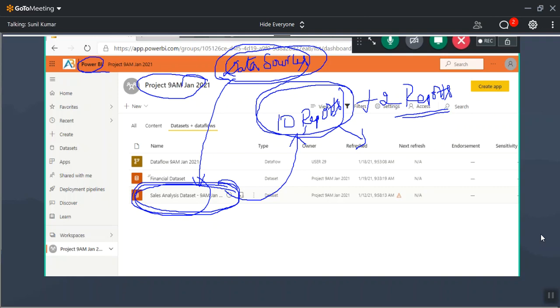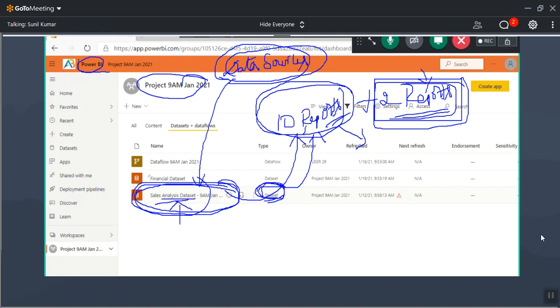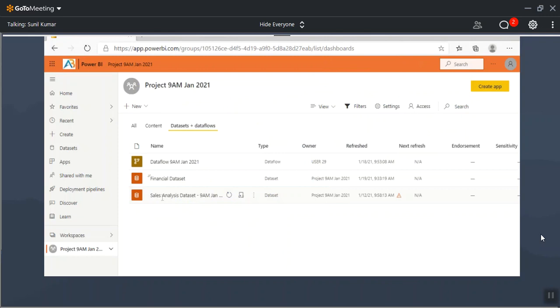If you want to create 2 more reports, might be this is a new requirement where this data set will be sufficient, or you want to make some changes to the data set. There are some cases. To create these 2 reports, whatever the tables you have in this data set, they are not sufficient. Why? Because at the time of preparing this data set, I kept in mind that I want to create only these 10 reports. These 2 reports are not there at that time. So this data set might not contain the tables or the data we need here, and we might need to make some changes to this data set. How can you do that?